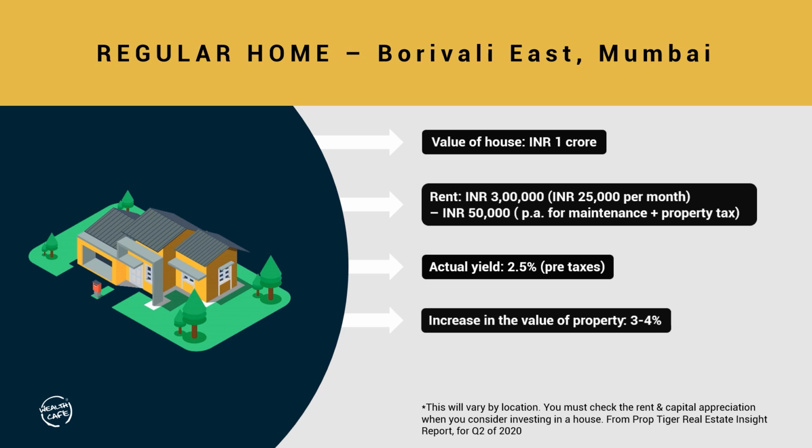Again, I would say this with a caveat which is applicable to every real estate investment, that the actual returns that you get are very different from property to property. It is very easy to generalize across an area so that you understand the kind of returns that you can expect, but they can vary a lot depending on the actual property you put your money in. So if you were to do a sum of both, the overall gains that you can expect from investing in a regular home in the suburbs of Mumbai is in the range of 5.5 to 6.5% per annum.